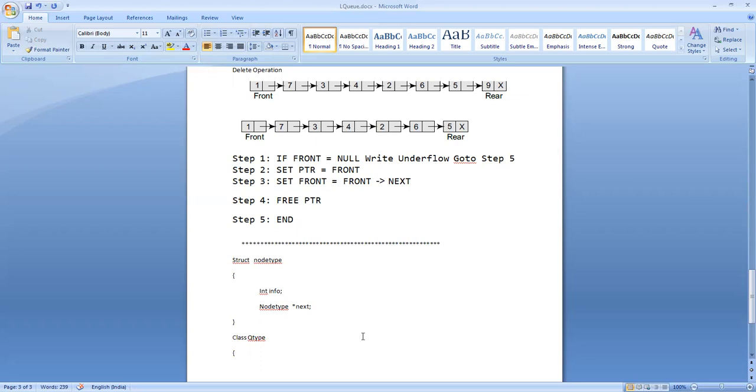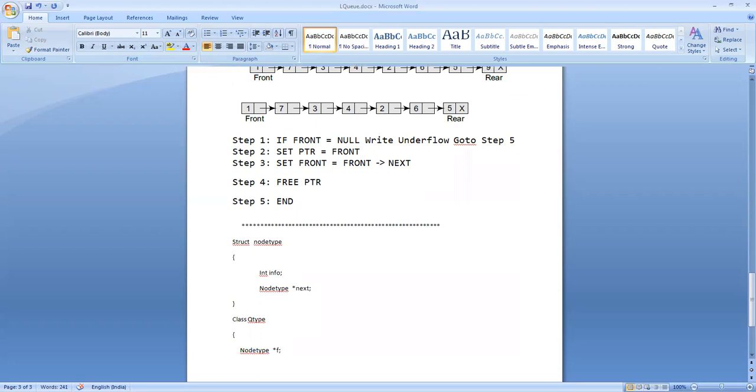I call them front and rear. Front is a pointer variable that should point to a node type value, so node type star front, simply F. Then similarly I need another external pointer called rear, node type star rear.